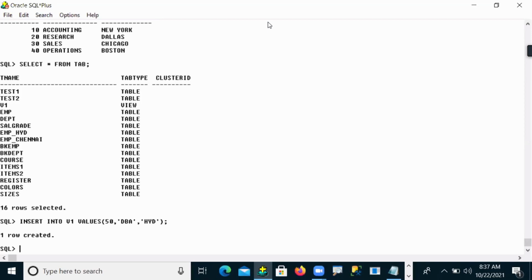Where is this query executed? View or table? Think carefully. Somebody is saying view. Why are you saying view? View is not physical. Come on, guys. Somebody is not understanding my point. View is not physical, it's an imagination.